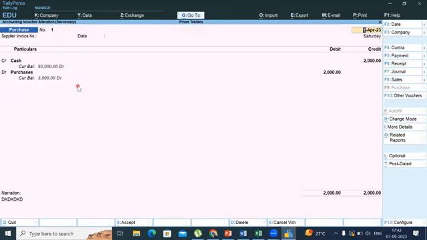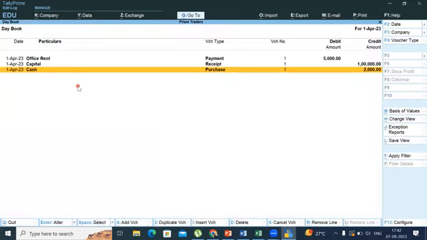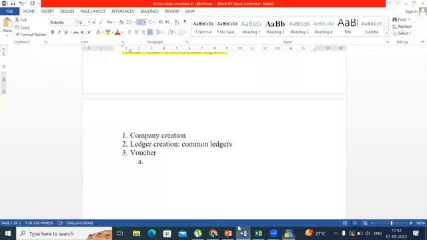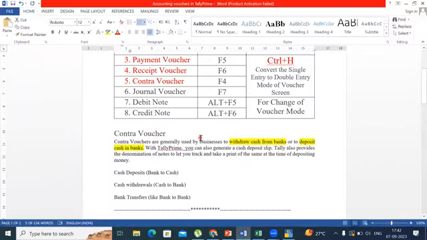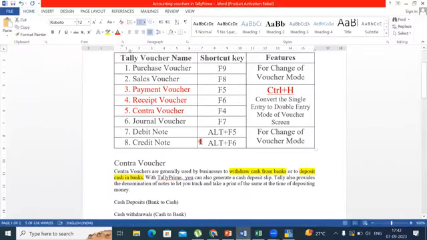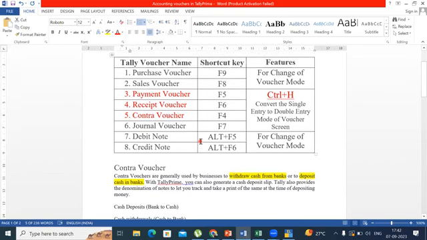So these are the vouchers. This is how to maintain the voucher transactions as per all the transactions of accounting vouchers. So guys, I think it is understood very clearly. These accounting vouchers are purely of 8 types, with the shortcut keys and the change of voucher modes. This is the voucher transactions. So how to record all the voucher transactions in